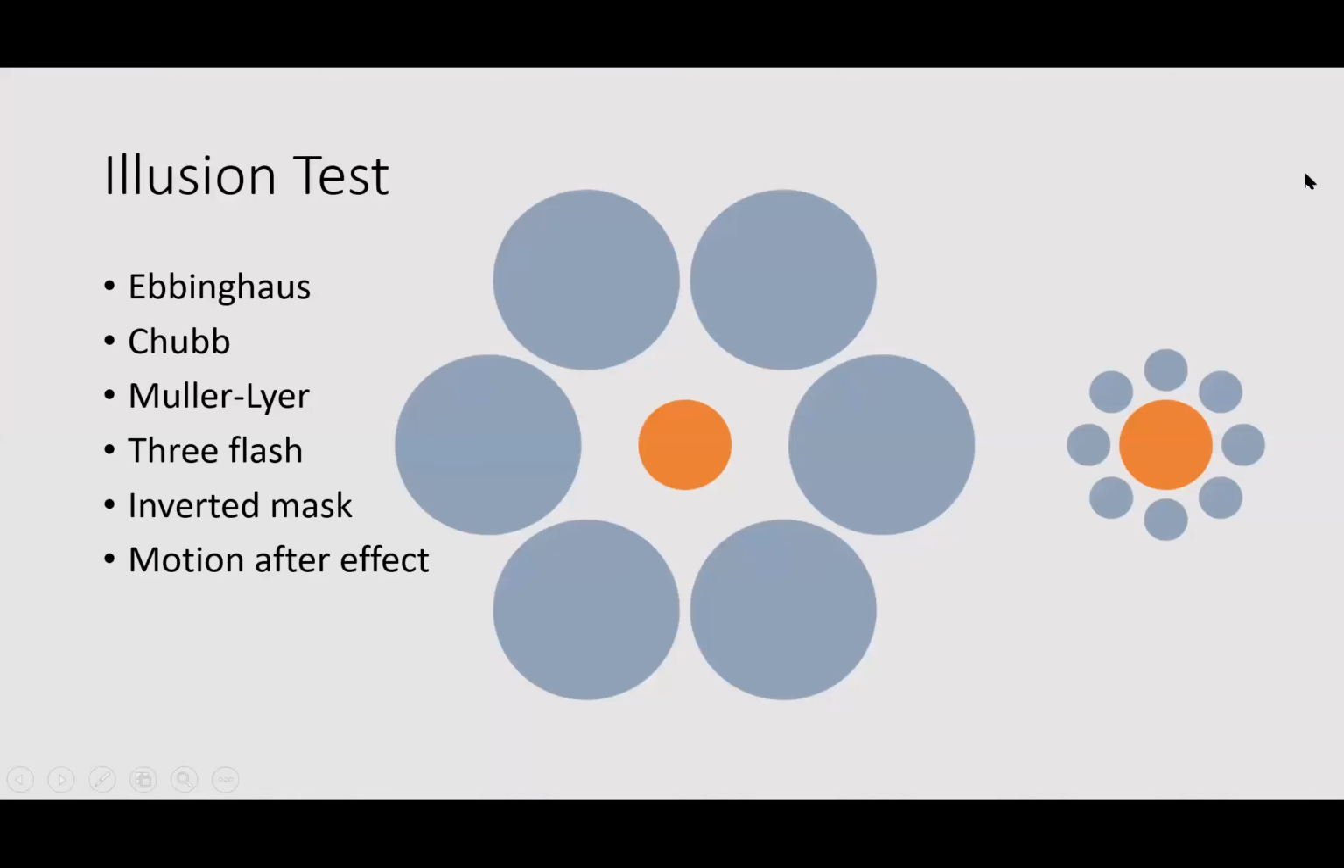Okay, so the next test is the series of illusions. There'll be the Ebbinghaus illusion, the Chubb illusion, the Muller-Lyer illusion, the three flash illusion, the inverted mask illusion, and the motion after effect illusion. Most of these, I suspect, are based in a kind of long-term memory. And the reason I say that is because